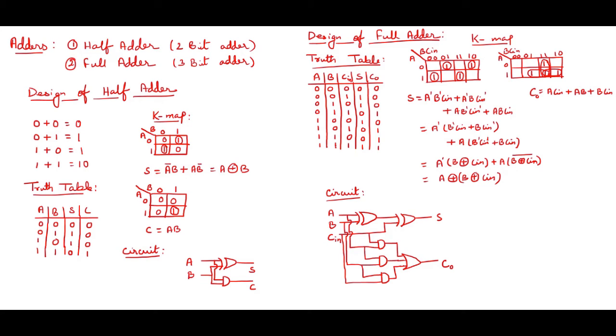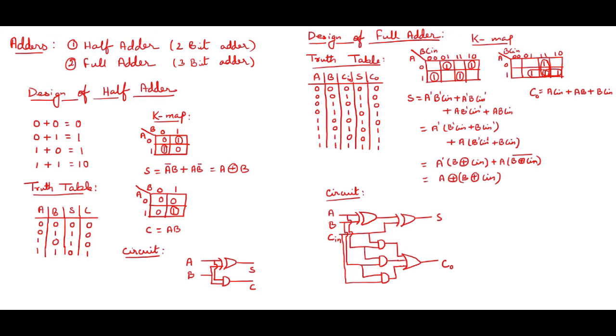And over here, if you see, this is nothing but this is b XOR c in, this is b XNOR. So XOR whole complement is nothing but XNOR. Okay, and from here, this step to this step, if you observe, okay, this a bar b, if I take this total term, okay, as b, so a bar b plus a b bar, so again in XOR form. So I have taken this one as a XOR b XOR c in. Okay, now coming to this side, carry I have taken similar way and plotted over here. So 1 2 3 4 ones I'm getting.